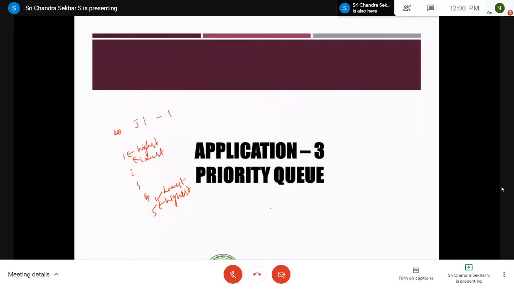Each and every element will have some priority number. Assume that J1 has 4, that means the last but one priority, and assume that J2 has the last priority, that is 5.